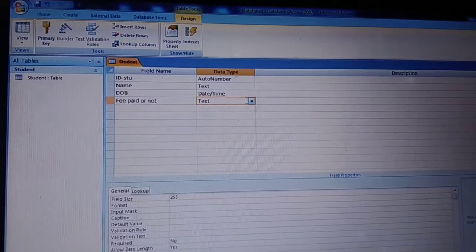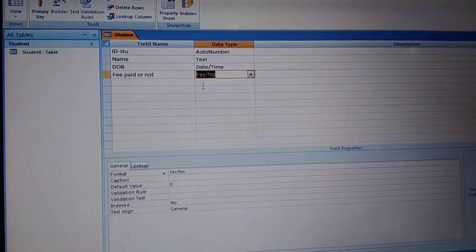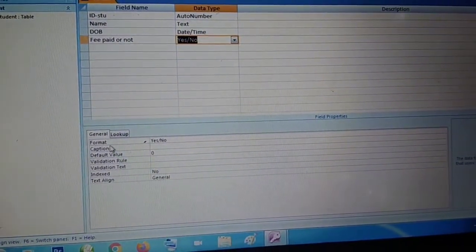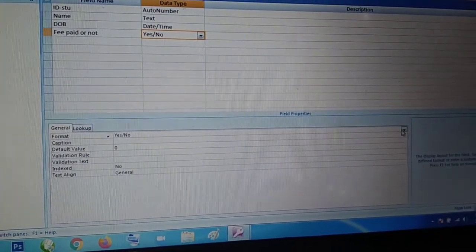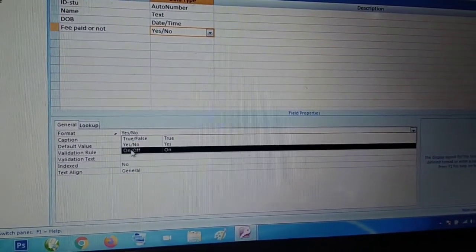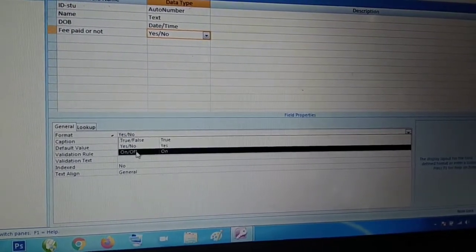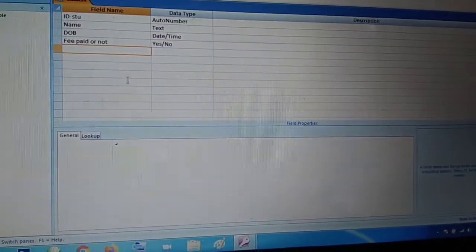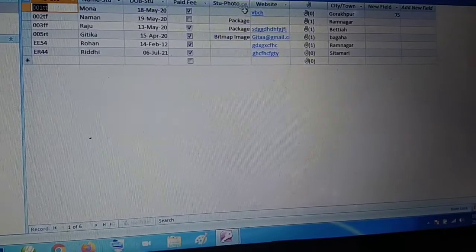If it is paid, then I will tick, so you can take yes or no as the field option. The format can be changed here as well. If you want to change it to on, off, true, false, whatever, you can select. We will select yes or no.